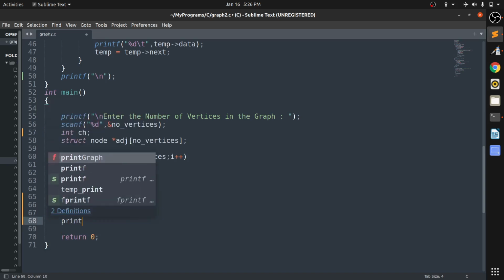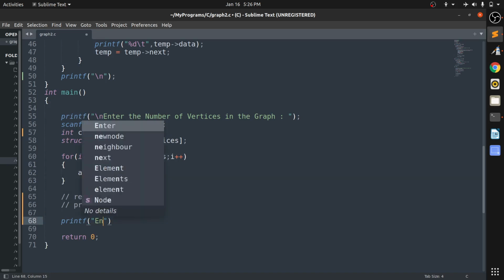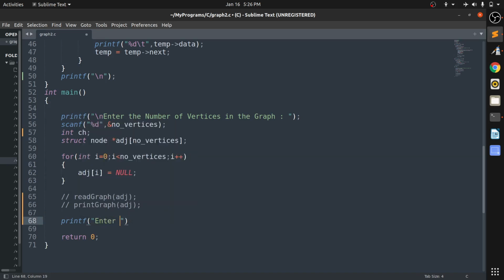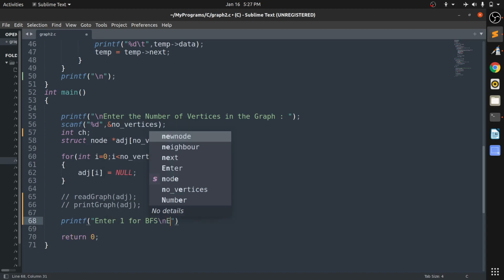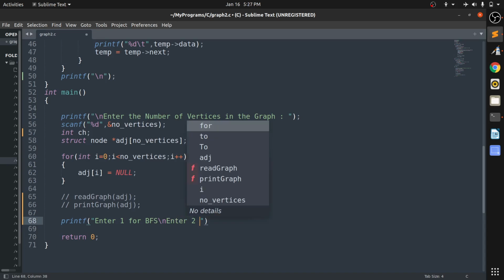I'm just writing printf: enter 1 for BFS. In the upcoming video we are also going to see DFS, so enter 2 for DFS.